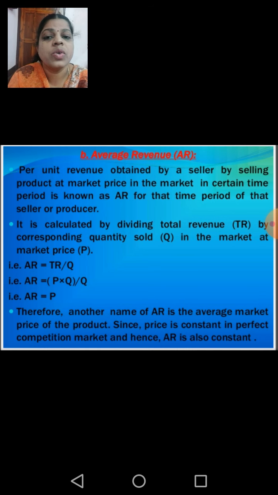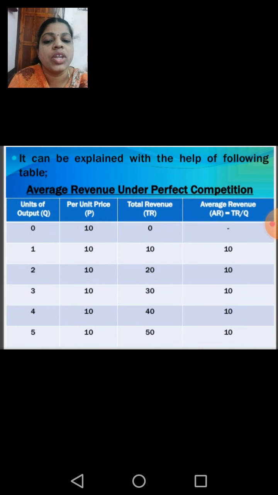So children, is it clear for you? This is the manner how we can derive the average revenue curve. And here also we can see the schedule of average revenue under the perfect competitive market. So here also the different units of output are given and the different prices, isn't it? Prices for the particular commodities. But I told you in perfectly competitive market, the price is almost constant. In the entire schedule you can see that the price is almost the same.